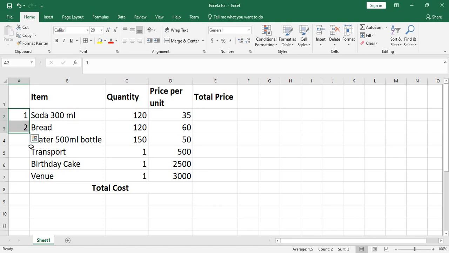Then I come here at the bottom right hand corner of this selection. When I hover my cursor over there, I'll see a plus sign that appears. So I place my cursor there. I click my mouse, hold, and then I drag this to autofill the numbering. And you realize that the numbering will be automatically generated for you, and you drag it up to where you want the numbering to end. So that is the first hack, how to number your elements in Excel automatically. Very easy to use and very convenient, especially when you are dealing with an Excel sheet that has so many